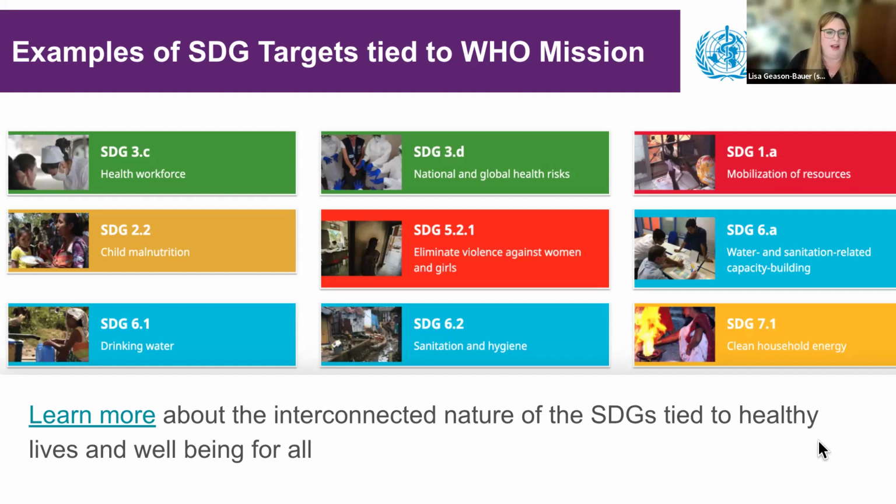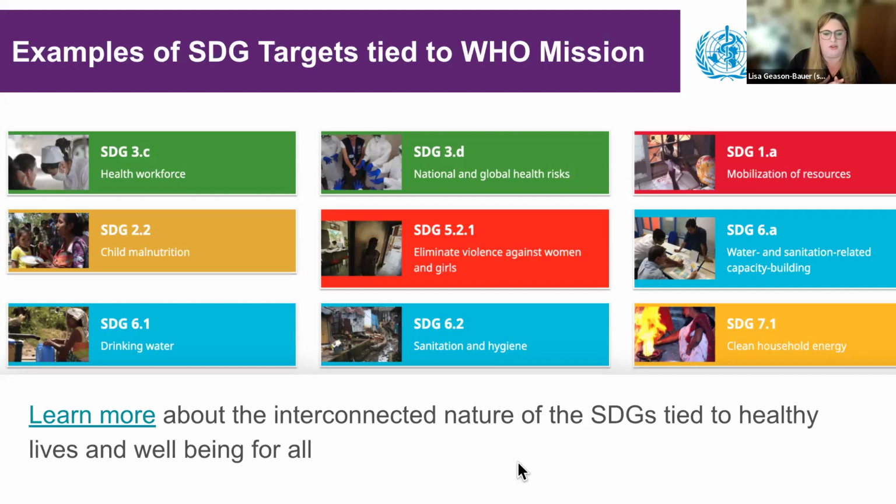So as you can see, the green targets here are from SDG number 3. The red is from SDG number 5. This is actually a different color, a little bit deeper red. It's SDG 1, SDG 6. So these are the different sustainable development goals, but their targets, or these sub-areas within each of them, are